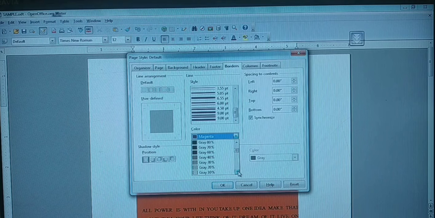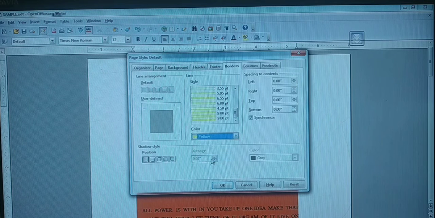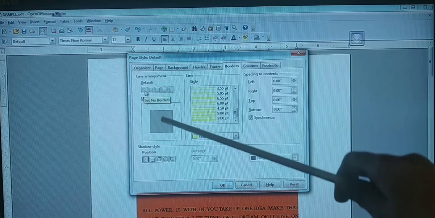Able to see everything? Yes. Just by clicking the needed color, whatever color you are willing, you can select it. See, immediately it is reflected here. So already the default is here for you. Yes, it is your default, it is user defined.